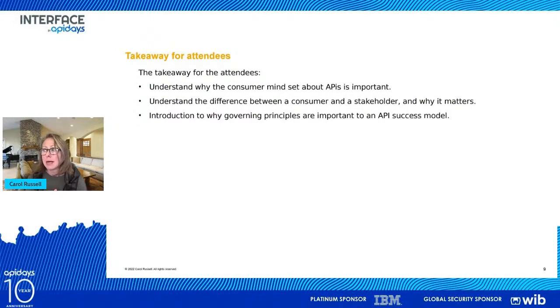And so overall, the takeaway that I would like for you to have is, you can use these questions yourself with your company. You're thinking about those different components around the consumer mindset, and why it's important to have the consumer mindset when building APIs, understanding the difference between a consumer and a stakeholder, and why that even matters. I know as a developer, and I work with engineers every single day, we have something to do, we go in, we build the API, or even within the product teams, but are we thinking about how it's being consumed,